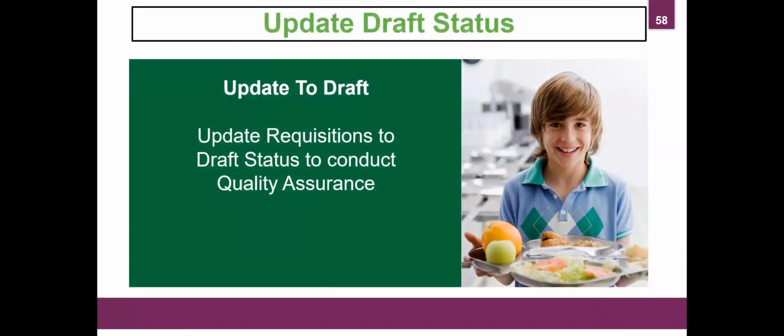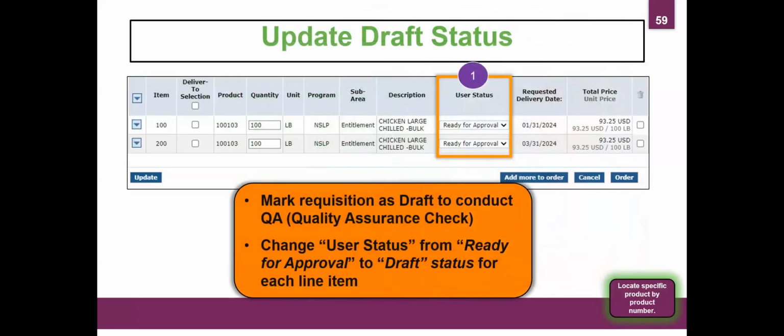And then our best practice is that they're updated to the draft status, because this allows us to perform that quality assurance check. And I think one of the benefits of the draft status is, sometimes when you're entering all the data and you're looking at the numbers and the cases and the pounds, it can be overwhelming. It's a lot of information. It gives you the chance to walk away from it and then come back, or maybe have someone else take a glance at it, or make sure we didn't have our fat fingers, right? 10 cases became 100 cases. And for a smaller entity, that could be a lot to manage.